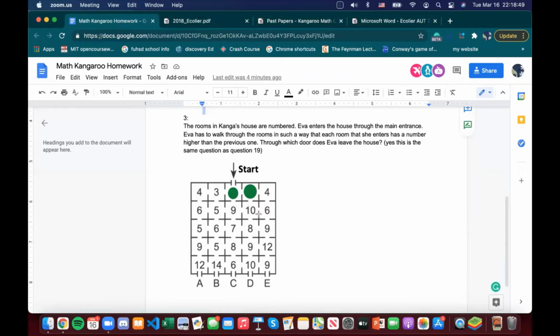But if you see we go to 10, that means that all of these numbers over here, 10 can go to none of these numbers because it's larger than all of them. And you're only allowed to go to the number higher than the previous one. So let's go to 4. And the pattern that we'll see here is that we always want to go to the lowest higher number. So if you're on 16 and you have choices between 17, 20, and 22,